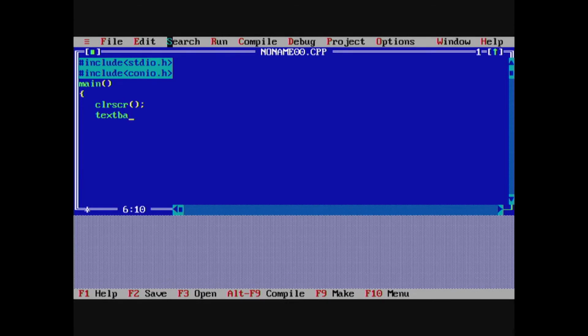Then you call another function, textbackground, and within parenthesis you put RED, and you call another function, cprintf, "I am going to change your background color". Then getch, return 0, then close the curly brace.